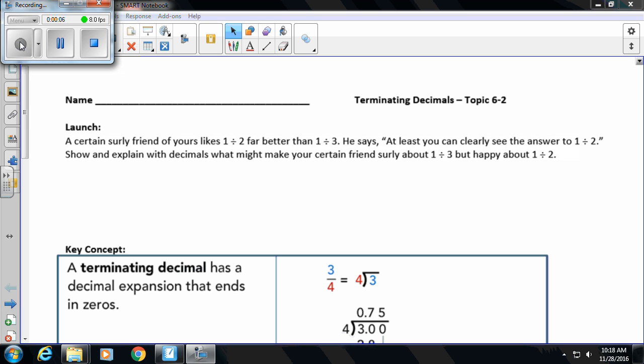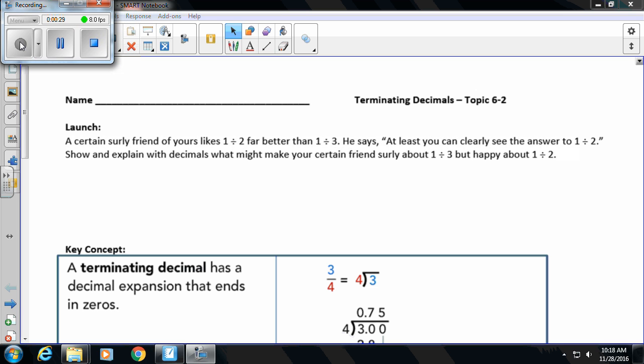Today we're going to be talking about terminating decimals. So let's begin with this launch. A certain surly friend of yours likes 1 divided by 2 far better than 1 divided by 3. He says at least you can clearly see the answer to 1 divided by 2. Show and explain with decimals what might make your certain friend surly about 1 divided by 3, but happy about